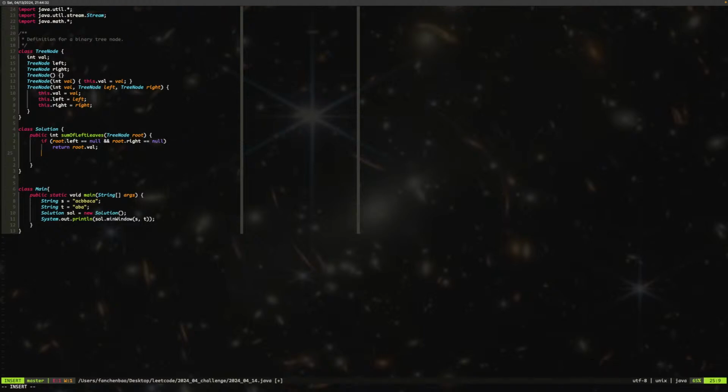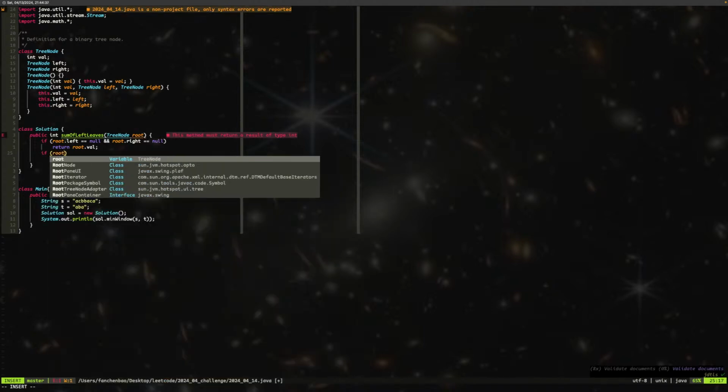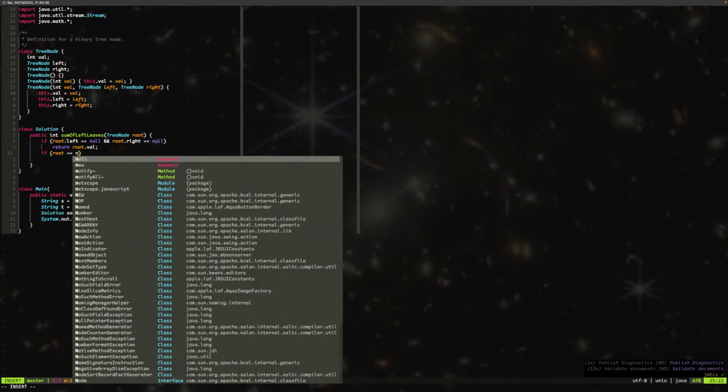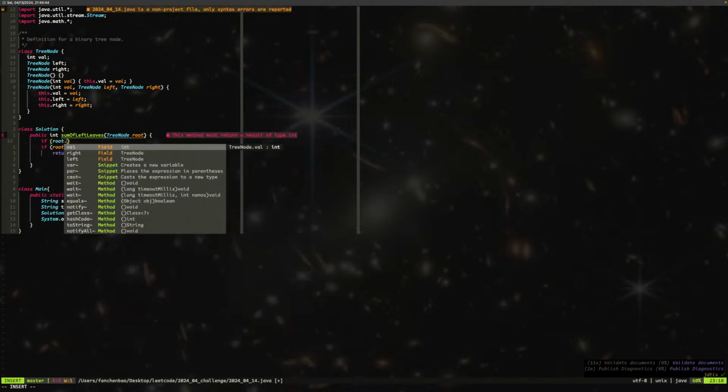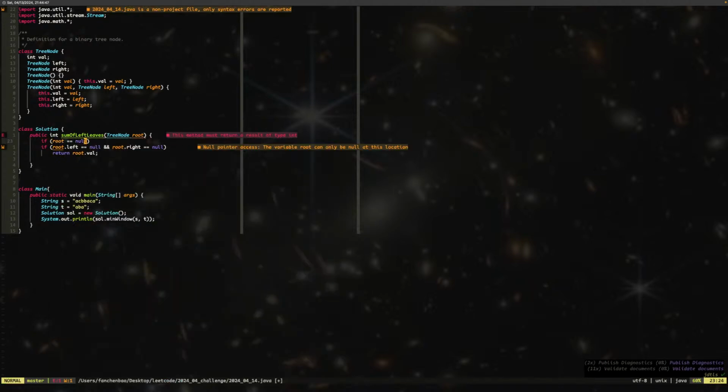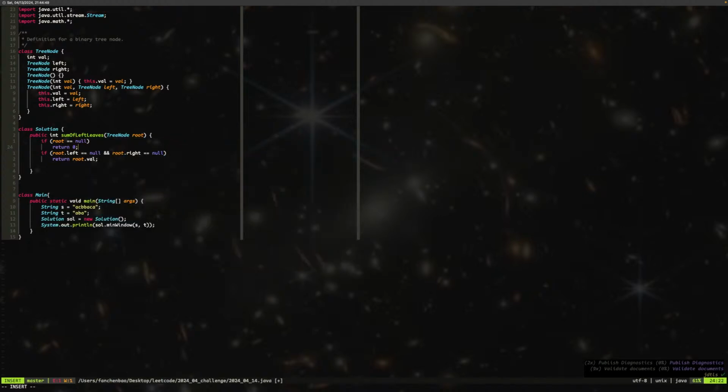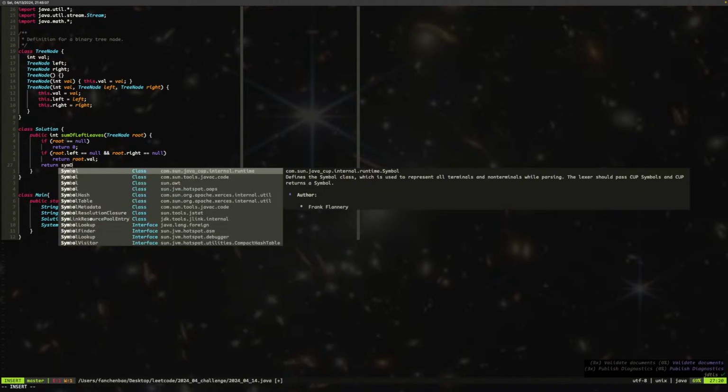Otherwise, we will do left and right. And if root equal to null, actually, I think this one should be the first one, right? If root is equal to null, then we return 0. If it's a leaf, we return this. Otherwise, we'll return sum of